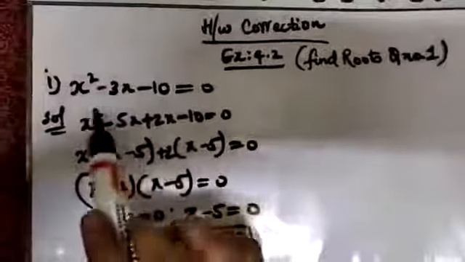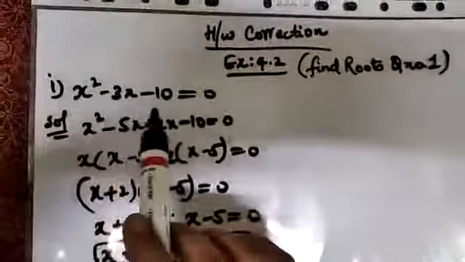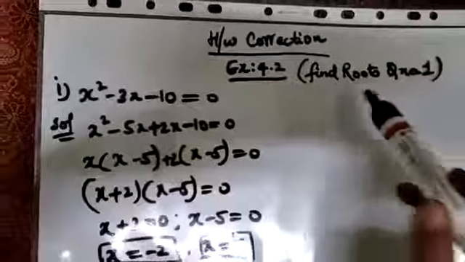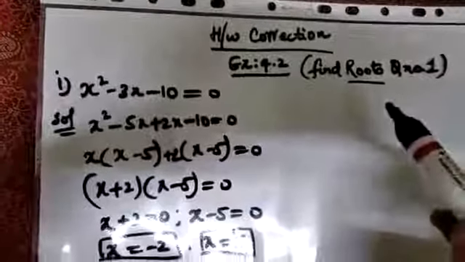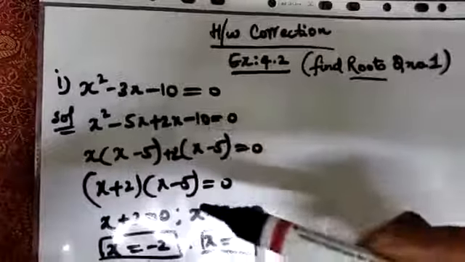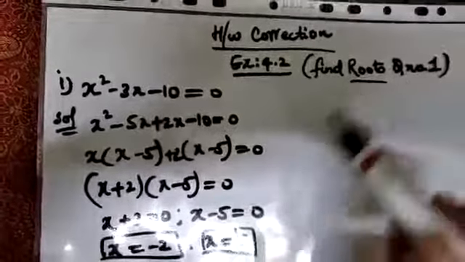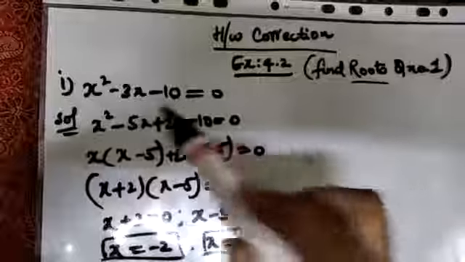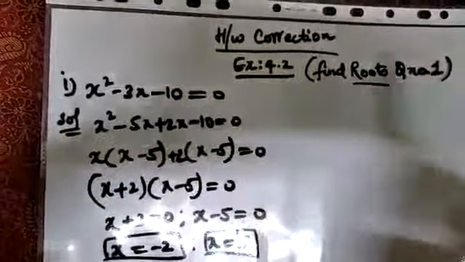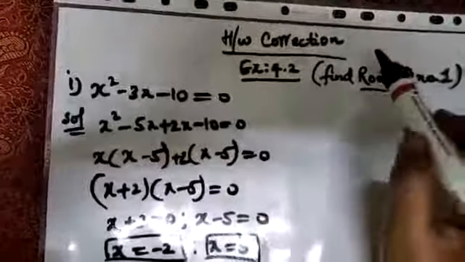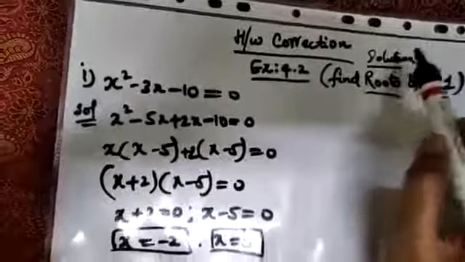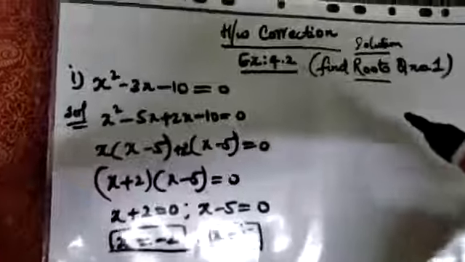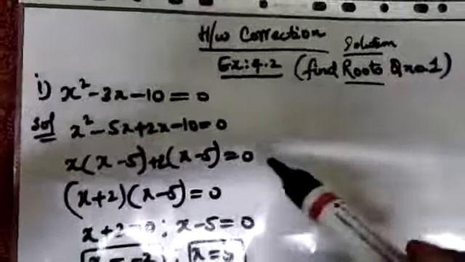Here, x square minus 3x minus 10 is given. And in the question, he has given you roots. Find roots is nothing but you have to find the value of the variable given in the equation. Means once you substitute whatever value you got, it should satisfy the equation. They are called roots. And at times the second name is given as solution. So don't get confused what you mean by root or solution. They are nothing but the value of the variable used in the particular equation.